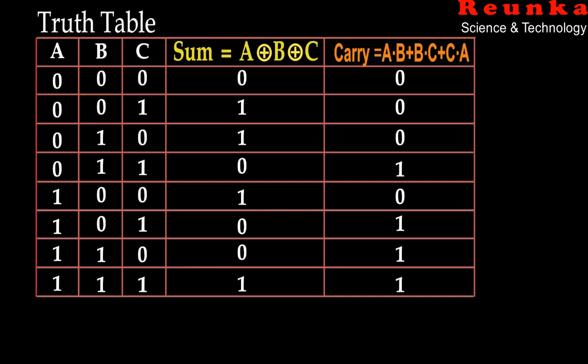So if you compare the human response of addition of binary bits, you can see this circuit will be perfect for addition of 3 bits. So this circuit will perform the full addition of 3 bits at a time. So this circuit is called a full adder.